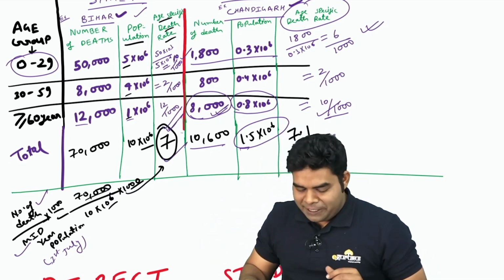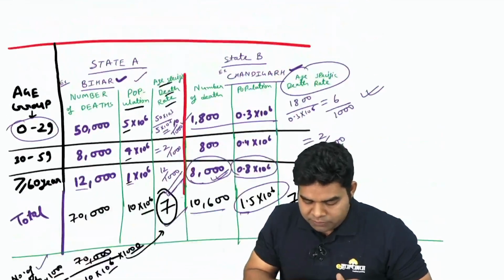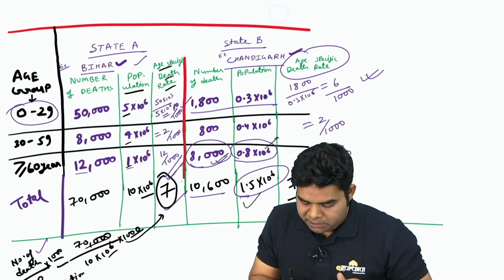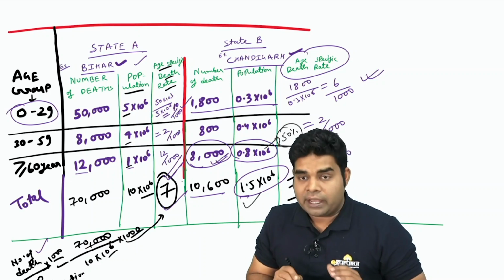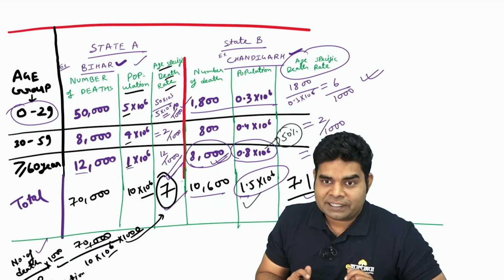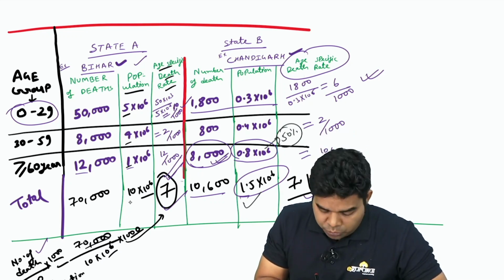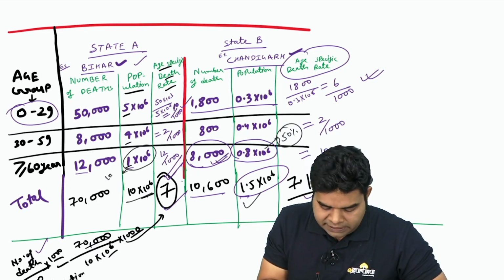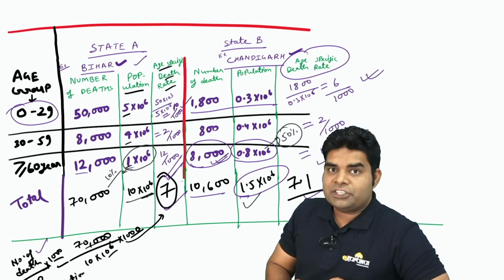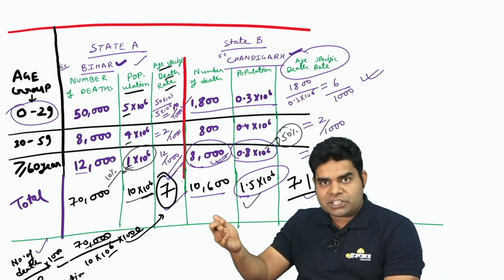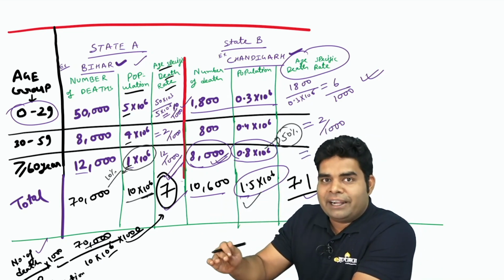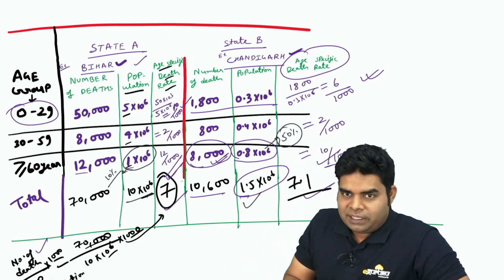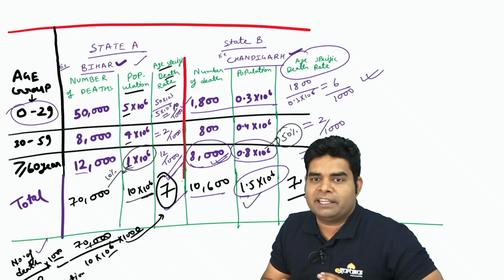As you can see, in Chandigarh, out of 1.5 crore population, around 50%, that means around 80 lakh, are more than 60 years. But in Bihar, out of 10 crore population, only 1 crore, one tenth, that means 10%, is more than 60 years. Because in Chandigarh 50% people are more than 60 years, the death rate also increases in Chandigarh. So to remove the effect of age, first of all, we will find the age specific death rate for each age group.